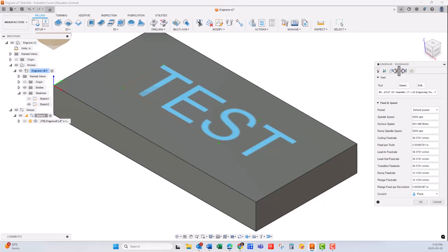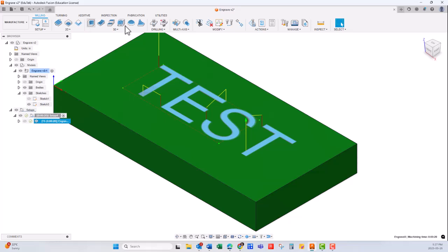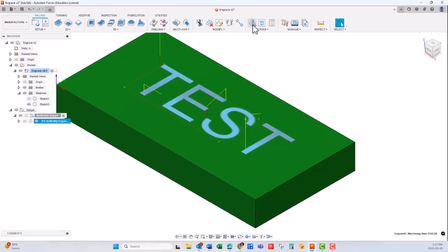So then if you go to the height and bottom height, I'll leave all the defaults there if it's going a little faster. So as you notice, it's 0.2375 deep, and it's probably based on the width of the line and the angle of the tool so that it does it in one pass. So we'll just say OK to that. We will simulate